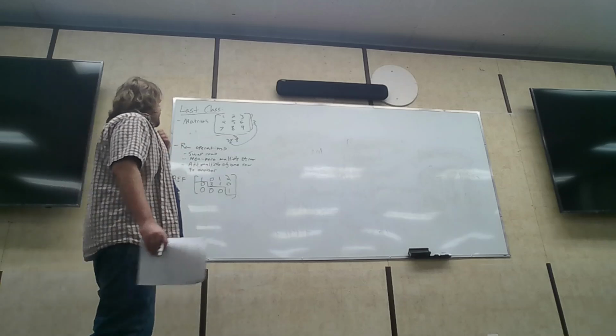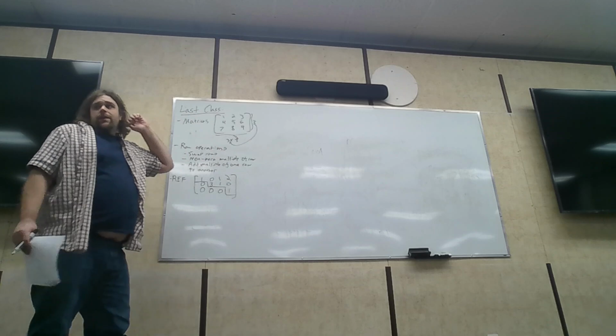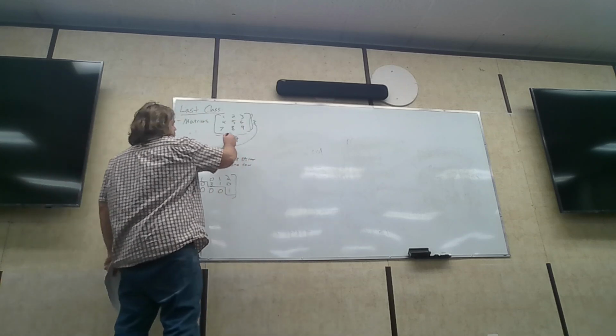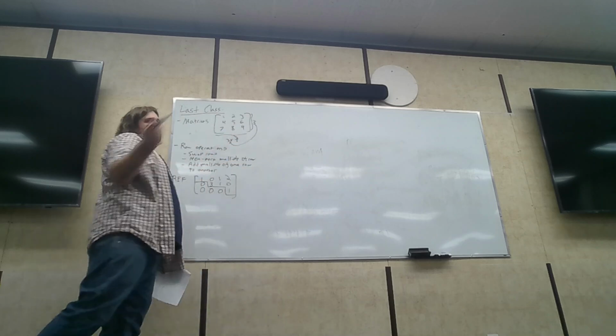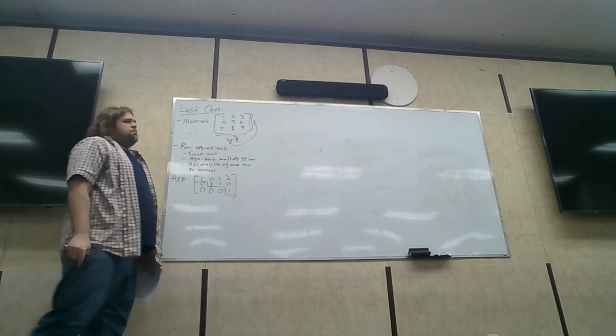So a matrix is just a grid of numbers, right? We call it n by m. This is 3 by 3, so the number of rows by the number of columns. To these matrices, we can do a few things,